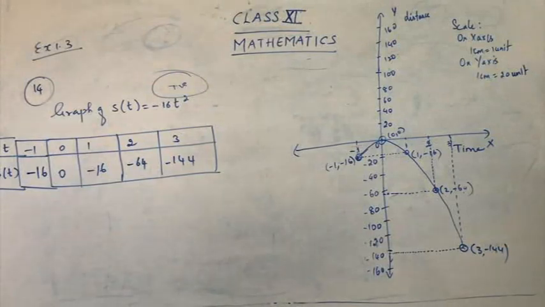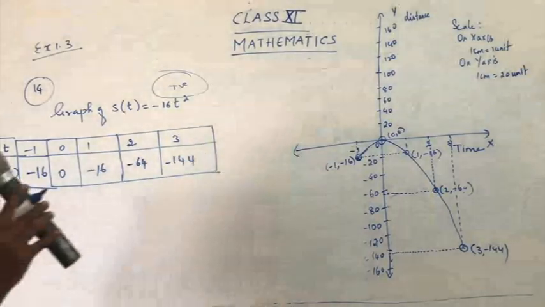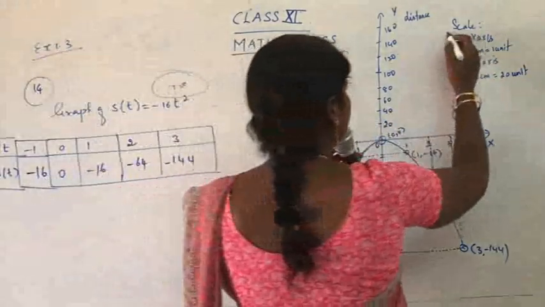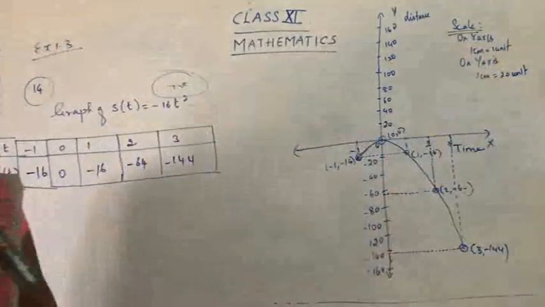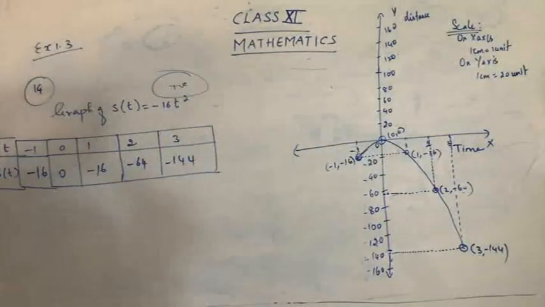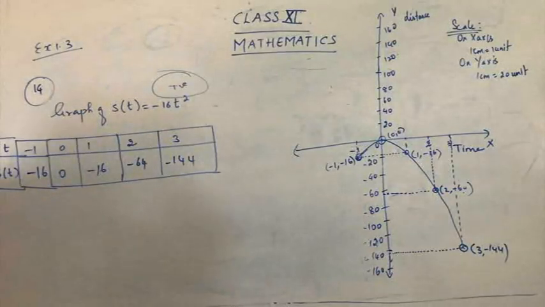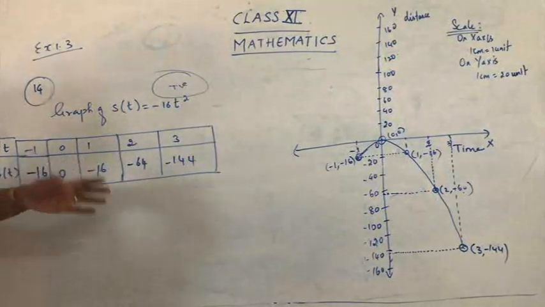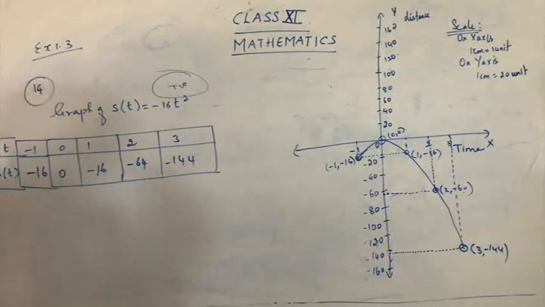So we have drawn the x-axis, we have drawn the y-axis, we have written the scale, and we have got all the parts. I told you that the question was to graph the function and also determine, that is, from the graph we have to explain. Actually, from the graph only you have to explain it's a one-one function, but we have done one extra thing: we have explained the function is one-one using the definition method also.